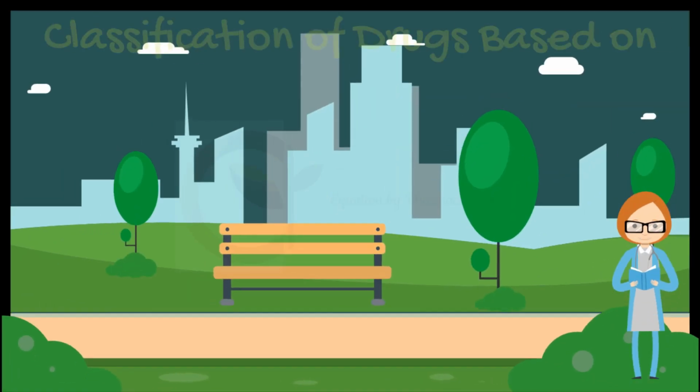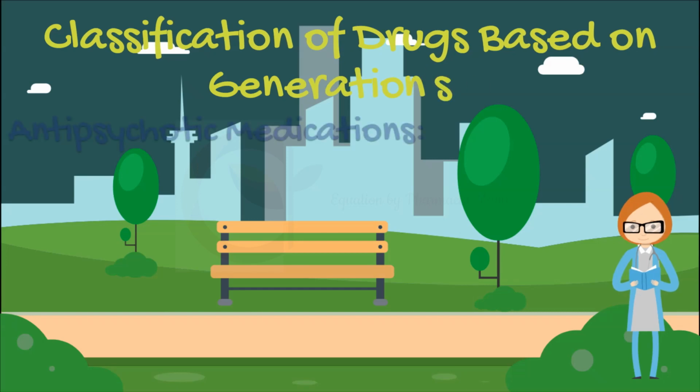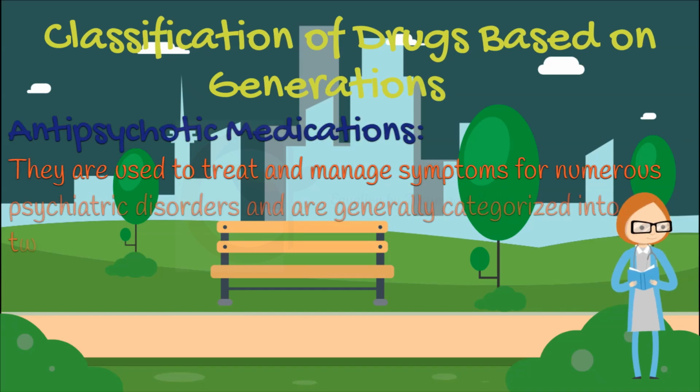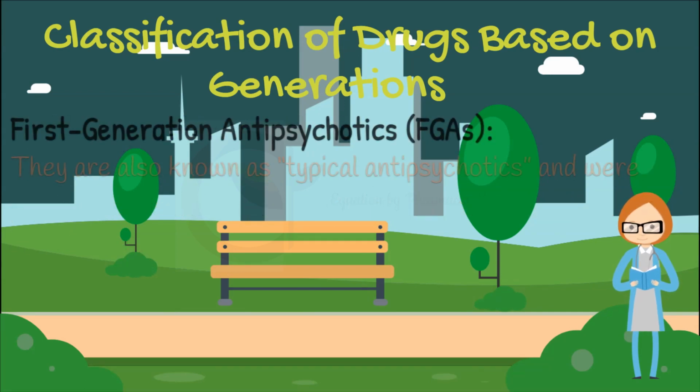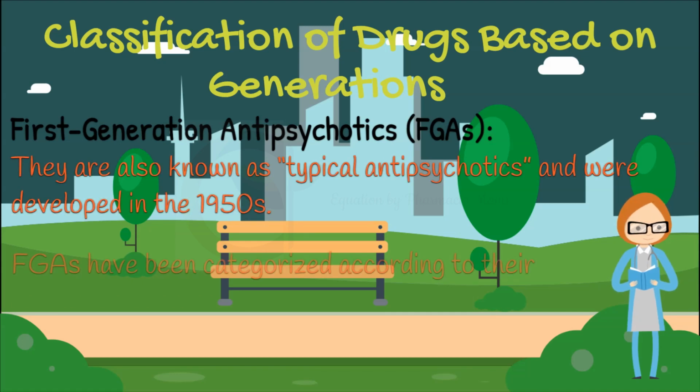To come is classification of drugs based on generations. Antipsychotic medications are used to treat and manage symptoms for numerous psychiatric disorders and are generally categorized into two classes. First-generation antipsychotics or FGAs. They are also known as typical antipsychotics and were developed in the 1950s. To date, FGAs have been categorized according to their chemical structure, which includes